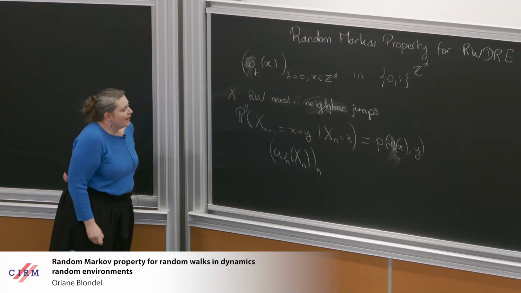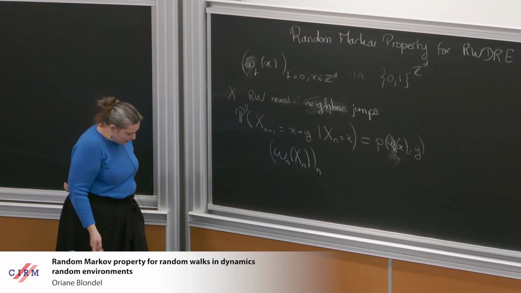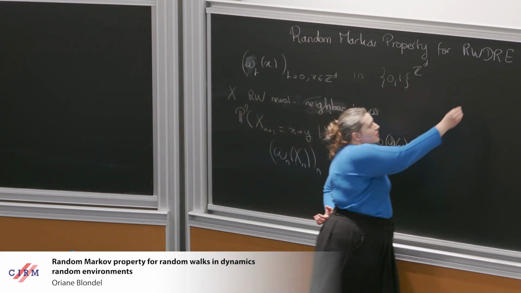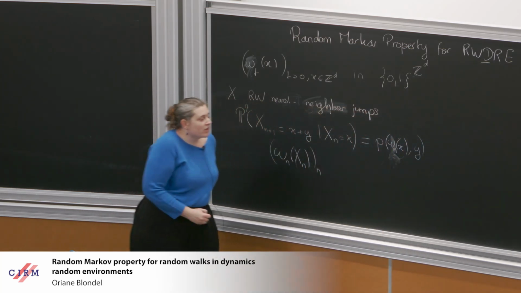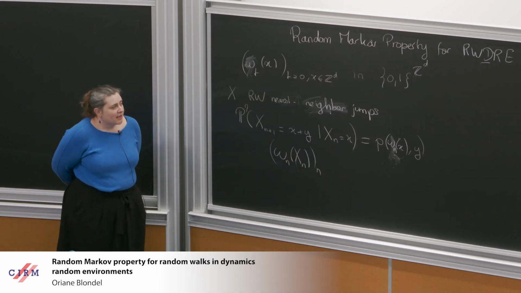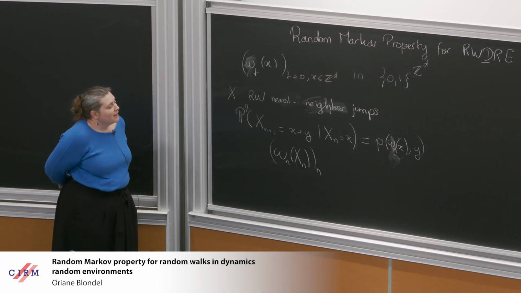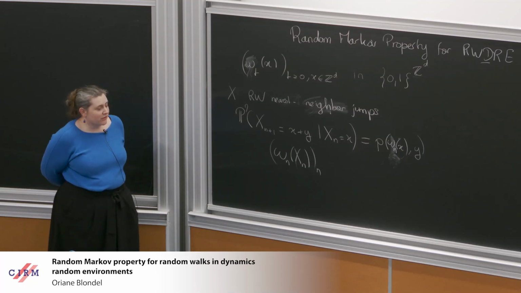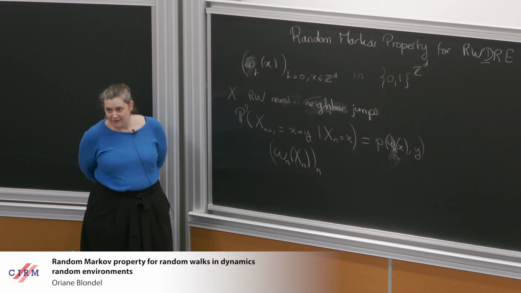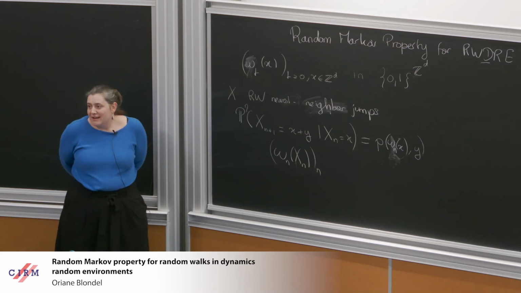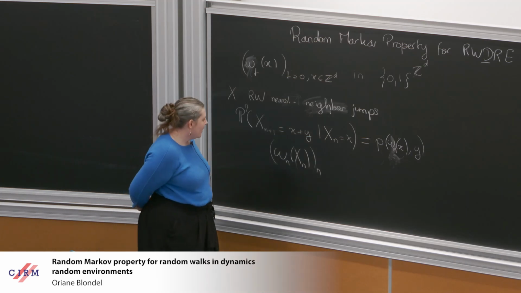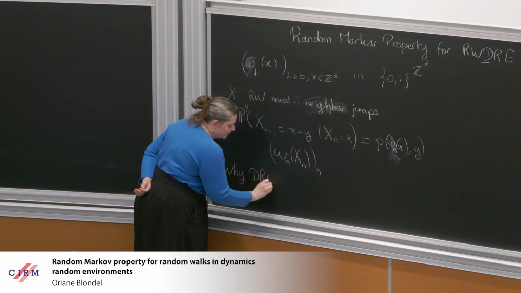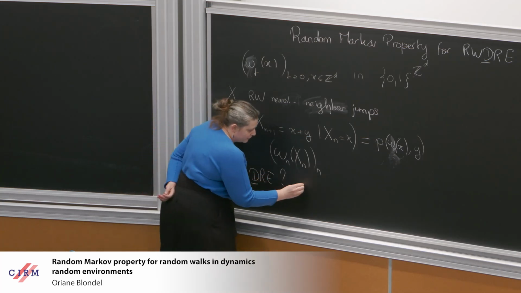Okay. And so that's a general feature of random walks in random environments. So here we had the twist that the environment is dynamic. There are several reasons to do that. One first reason is that maybe the model that interests you just turns out to be dynamic, and then you have to deal with that. And that's actually my case. That's how I got into this business at the beginning. So why do we study dynamic random environments? So maybe it's your favorite model,